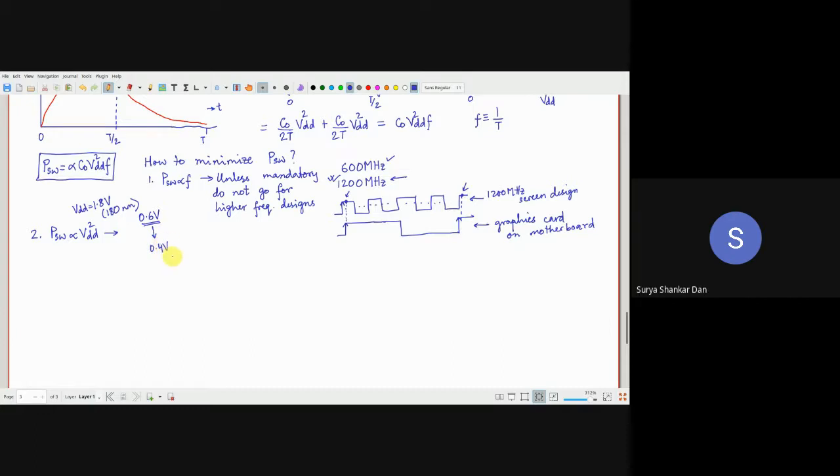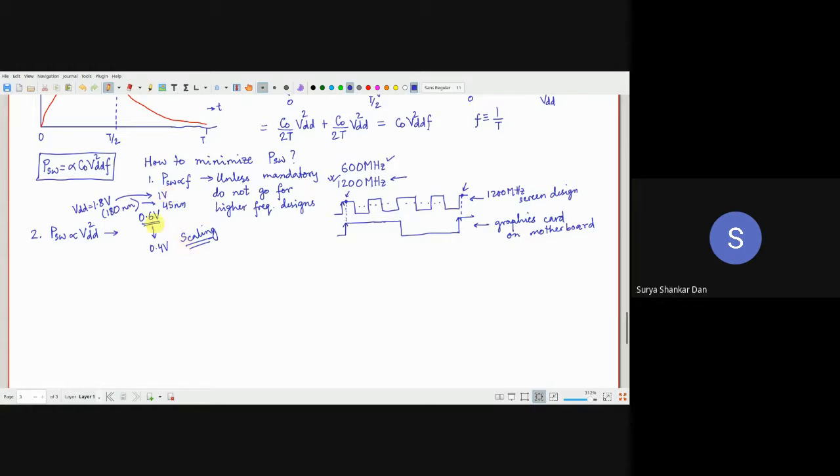We will reduce VT also. Okay? So how can you do that? Scaling. That is where scaling comes into the picture. If you are doing the scaling of the technology, in PMMD we discussed scaling for probably several weeks, I guess. So the scaling of the technology is so important over here. If we scale the technology from 180 all the way to say 45, this 1.8 volts reduced to 1 volt.